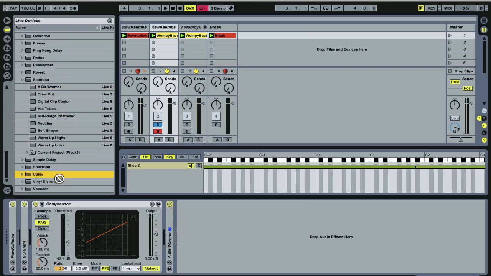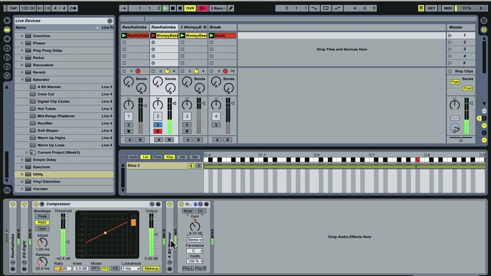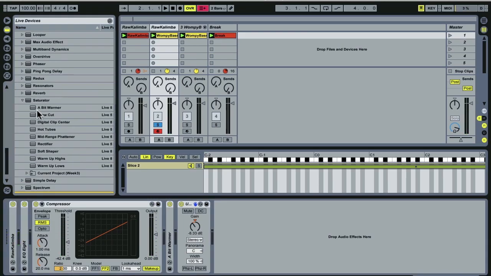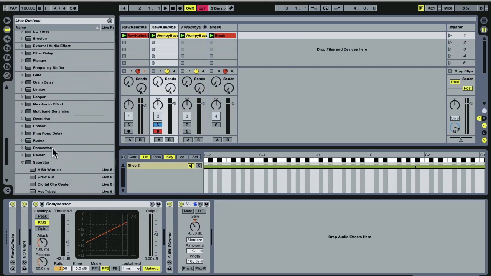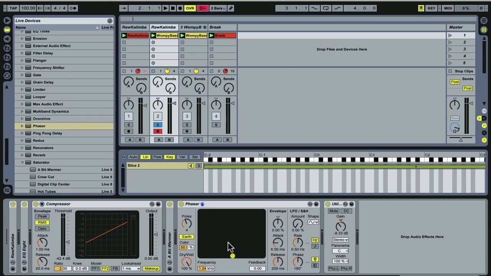And I'm also going to add a utility at the end and just roll down the gain a little bit, because I know that I'm adding a fair amount with the A Bit Warmer plugin. And now I'm going to start adding a couple really cool little effects here. I'm going to add an instance of Ableton's phaser. I really like Live's phaser